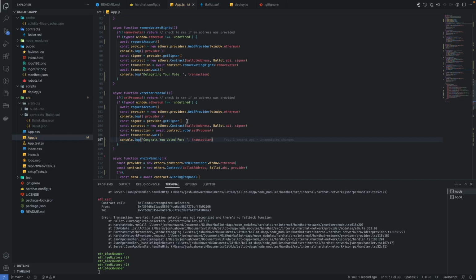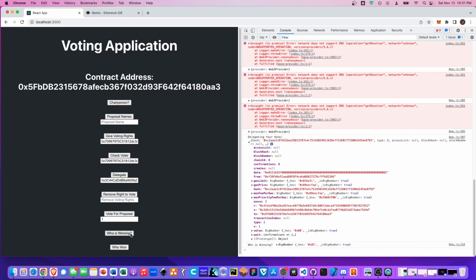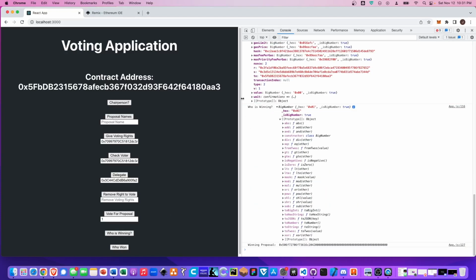So now, instead of saying delegating your vote, it'll actually give us the right thing there. It'll say you voted. And so now what we can do is look at who's winning. And so let's match this up. So far the winning proposal is